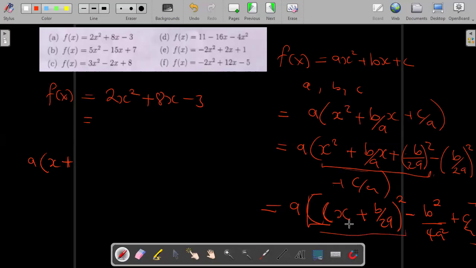So when you expand this, which is x plus b over 2a, you expect to get this x squared plus b over a plus this entire thing, which is here. So that's what you expect to get. Okay, so then, which means we remain with what? We remain with this part, which is negative b, then negative, then you have b over 2a squared, then plus c over